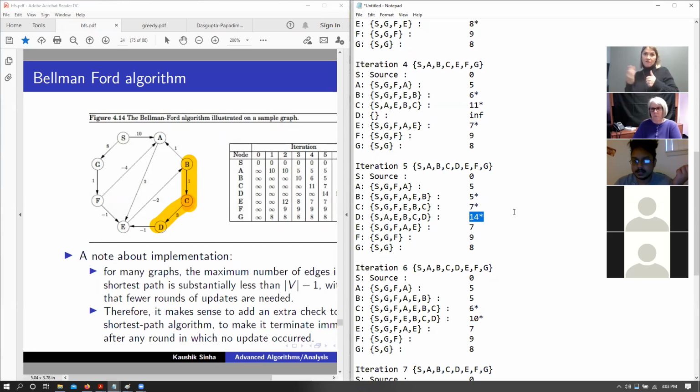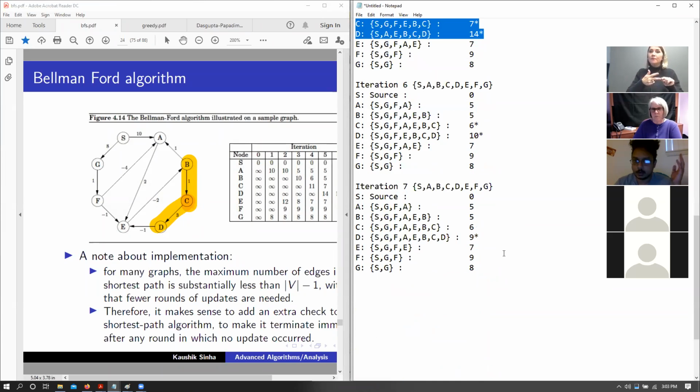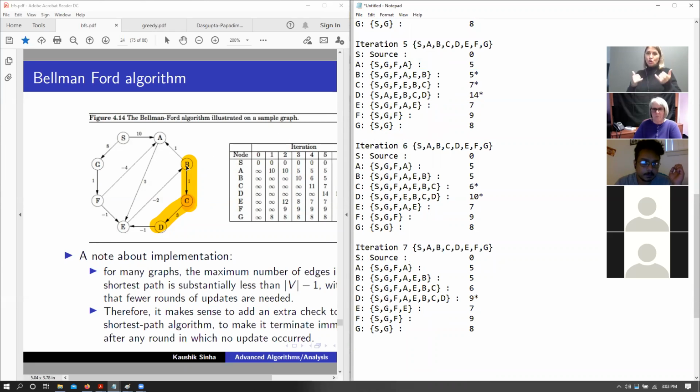Now that we have updated these vertices, we have updated B, C, and D. Only the vertices that are connected to these 3 vertices are required to be evaluated. So from B, we have C, and we have A. So from B to A, the current distance of B is 5. B to A is 1, so that new distance could have been 6, but it is not smaller, so we don't care. So A remains unchanged. Then we have B to C.